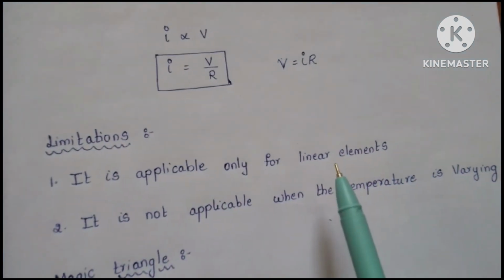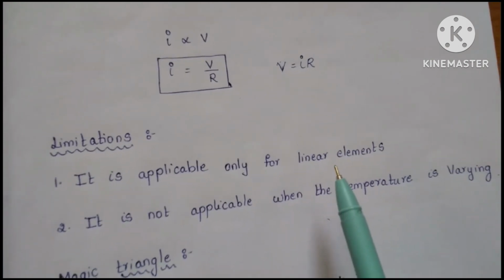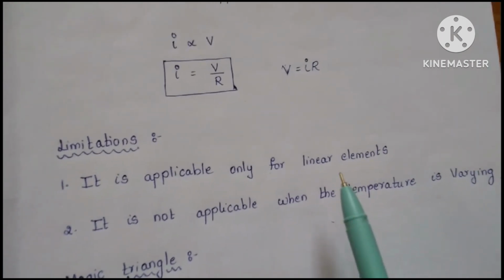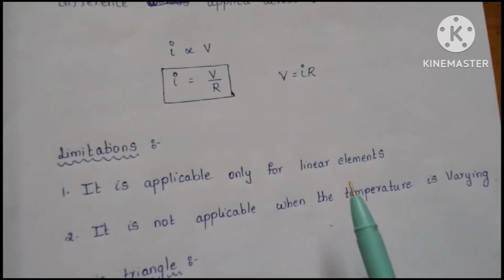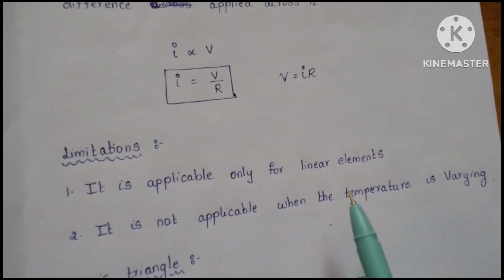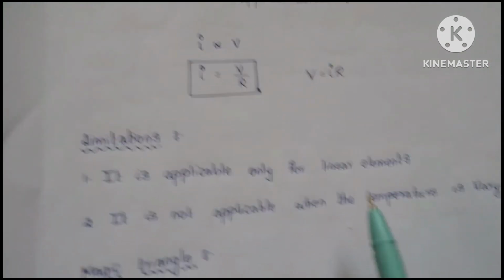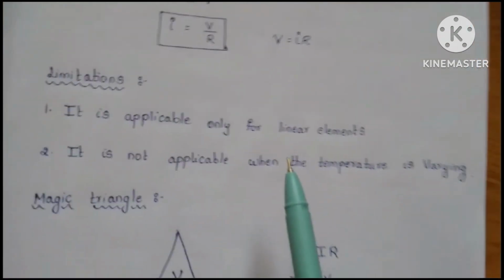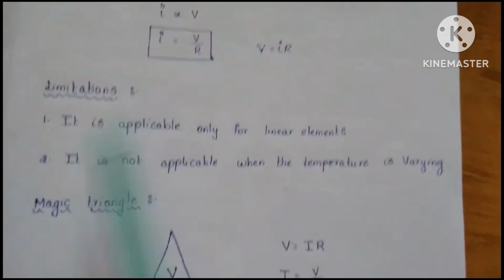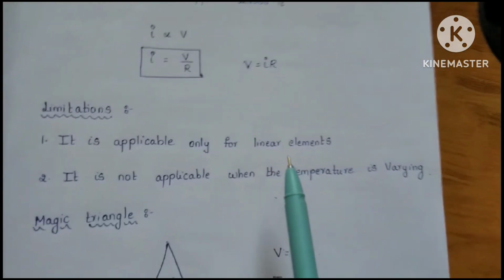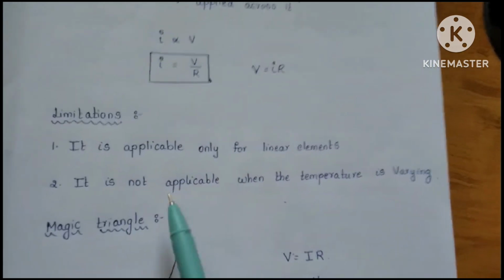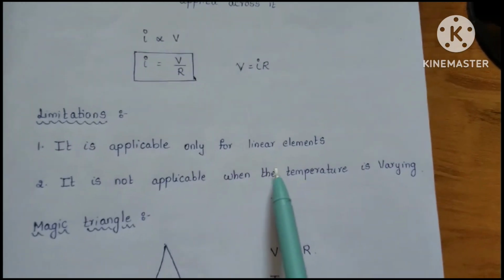So when we come to the limitations of Ohm's law, it is applicable only for linear elements. Linear implies the characteristics of the input and output of that particular material should be a straight line passing through the origin. Those elements are referred to as linear elements. So it is applicable only for linear elements, or we can also write it as it is not applicable for